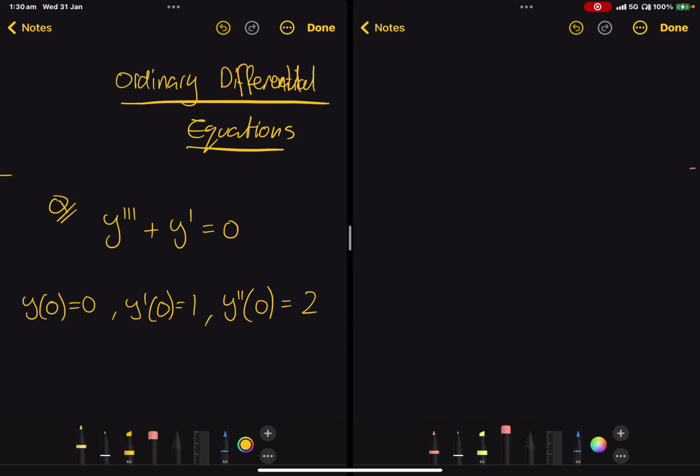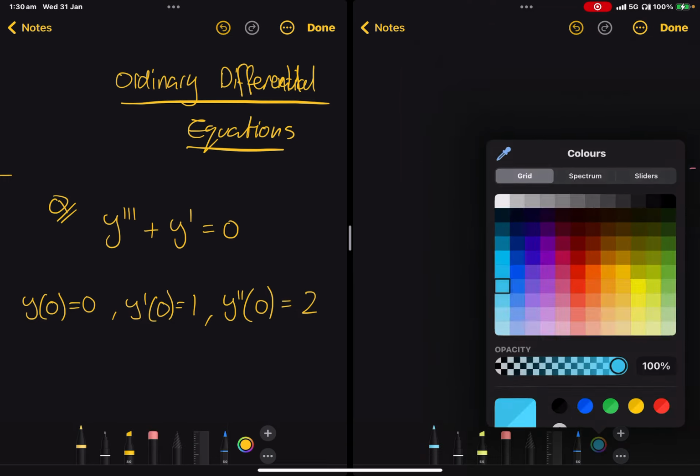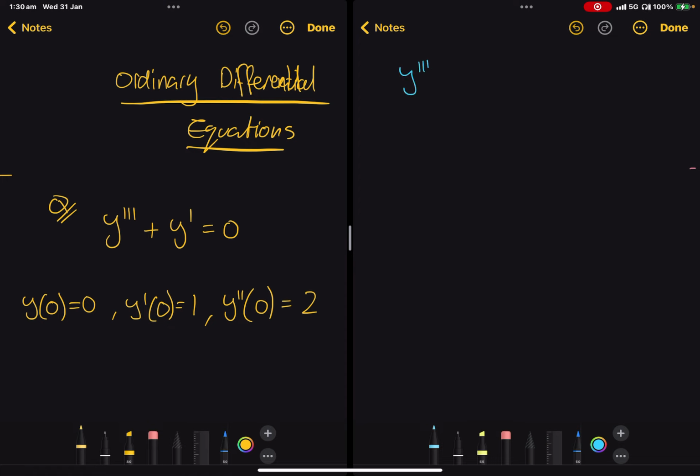So we're going to start by drawing our characteristic polynomial. So y, let me pick a new color, let me pick ice blue. Y prime prime prime plus 0 y double prime plus y prime plus 0 y is equal to 0. Well, this reduces to the characteristic polynomial r cubed plus r is equal to 0. If I factor this, I can take r at the front and I get r squared plus 1 is equal